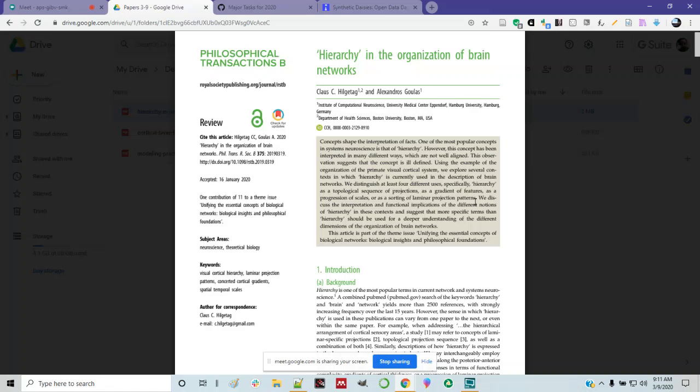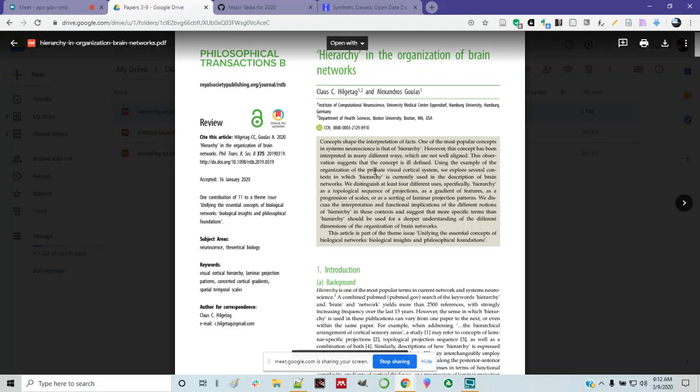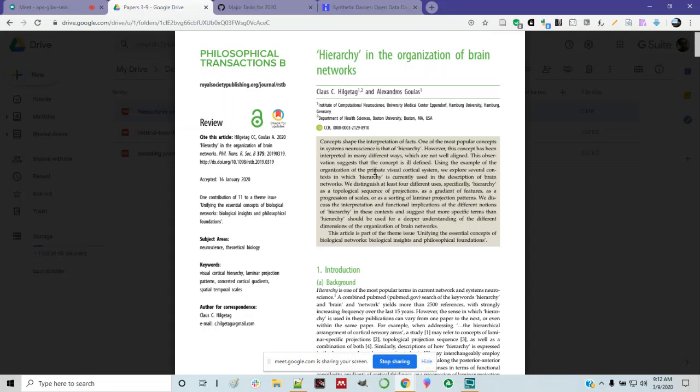And 2 is that there's some sort of spatial scalar thing going on, where you have smaller areas feeding into larger areas, or some sort of functional hierarchy, where you have one area that feeds into another area that does something of a higher level. Like in visual cortex, it might be processing features like blobs or stripes,